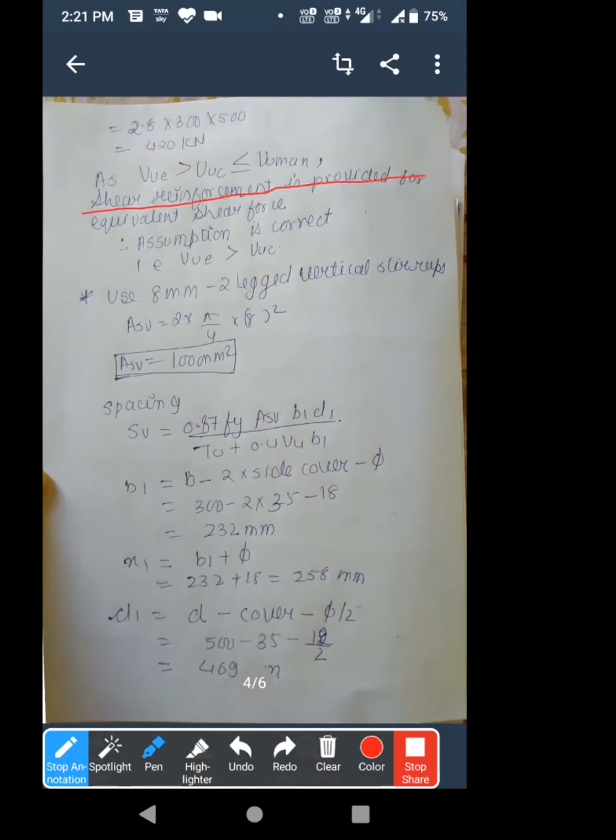Reinforcement is provided for equivalent shear force. Therefore, our assumption is correct that the equivalent shear is greater than the shear resistance of the concrete. Now, by use of 8 mm two-legged vertical stirrup, you are going to find the area. You are provided with 8 mm two-legged vertical stirrup. The ASV calculation is at 100 mm spacing, which